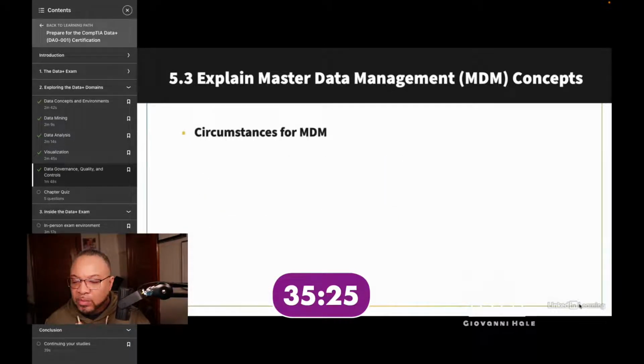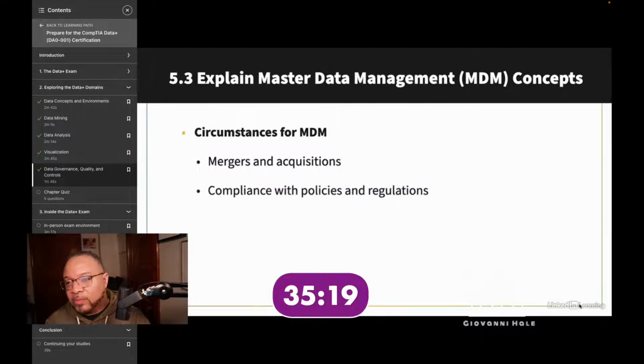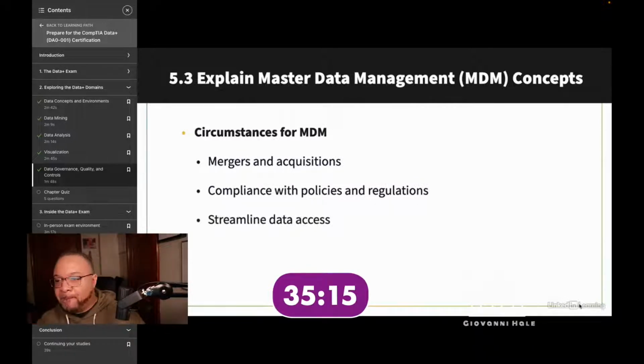You also need to understand special circumstances that require master data management, including mergers and acquisitions, compliance with policies and regulations, and a desire to streamline data access. Successfully mastering the three objectives of this domain will provide you with all of the information you need to answer Data Plus exam questions related to data governance, quality, and controls.